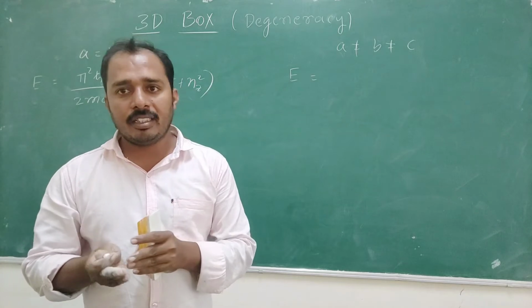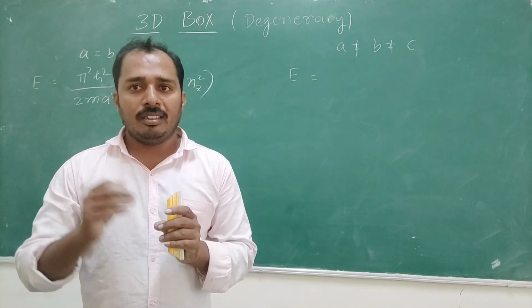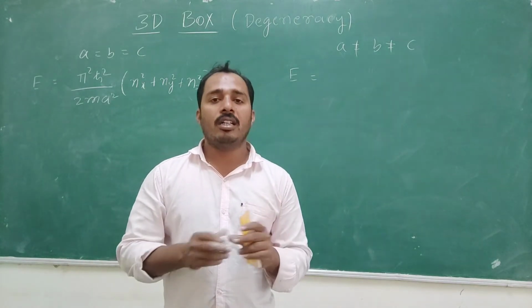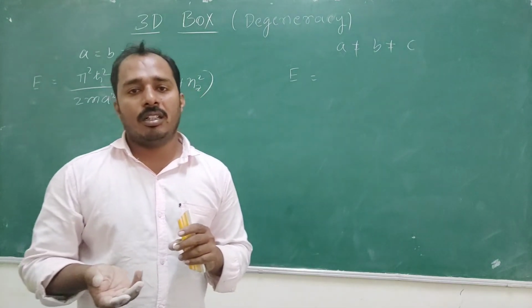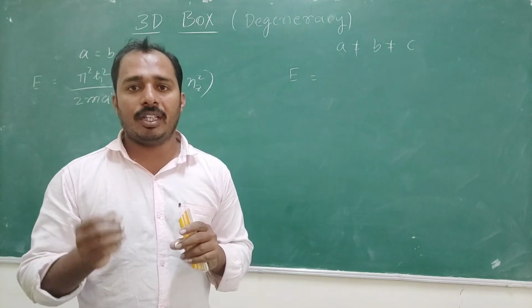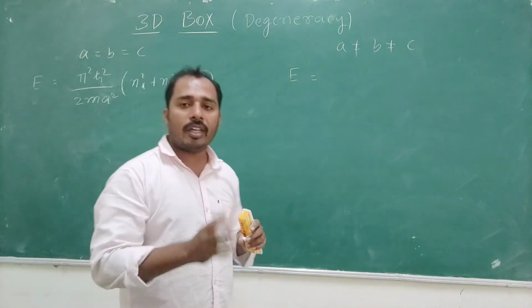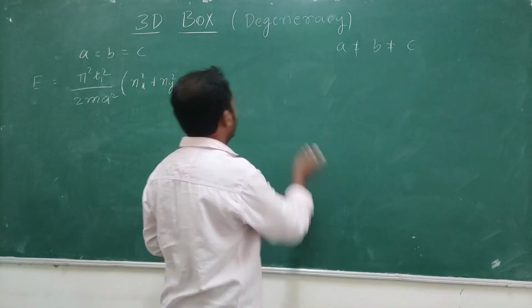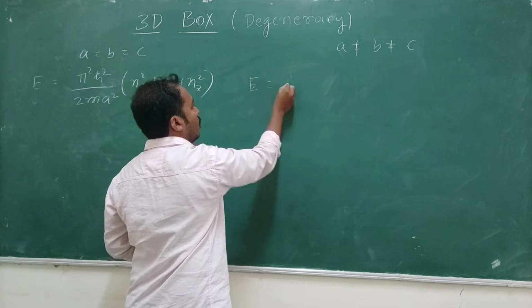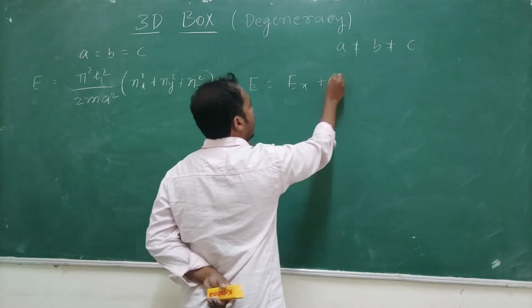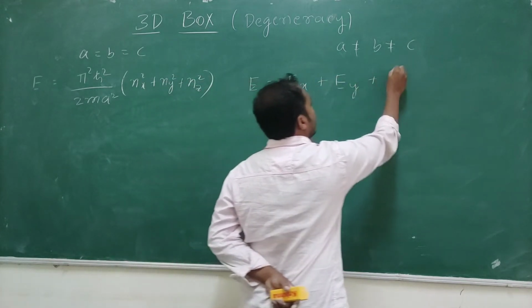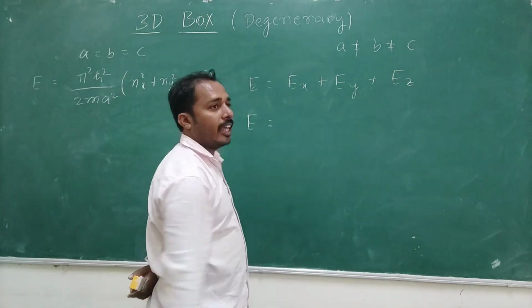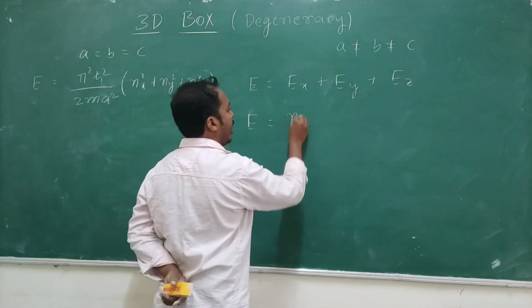In the x direction, we have side a; in the y direction, we have side b; and in the z direction, we have c. So a is not equal to b, not equal to c. E is equal to Ex plus Ey plus Ez. So Ex is equal to nx²